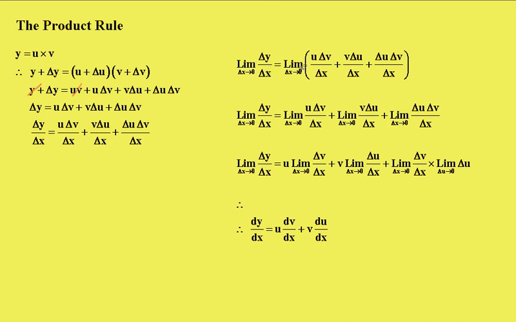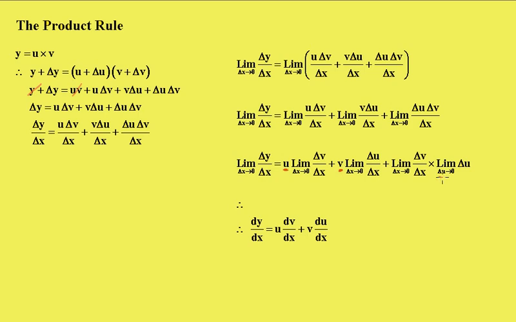Okay, now taking limits on both sides, the limit as delta x goes towards 0 here. And then in the second line here, what I've done is split up all these limits, as you can see here. And therefore, by taking that u out, there's the u coming out there, you see, I'll just emphasize that. There's the u coming out there, and the v comes out. And I've split this up, see, it's got delta v on delta x times the limit as delta u goes